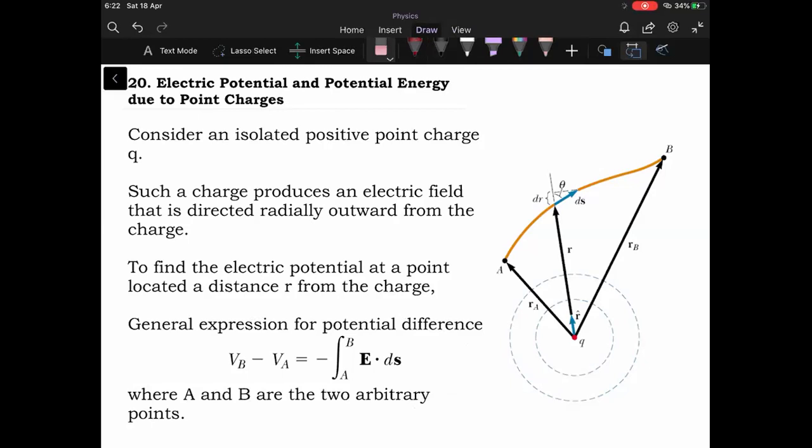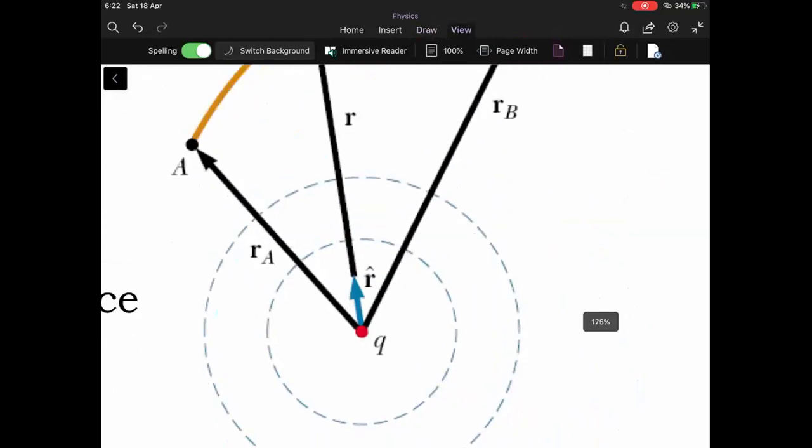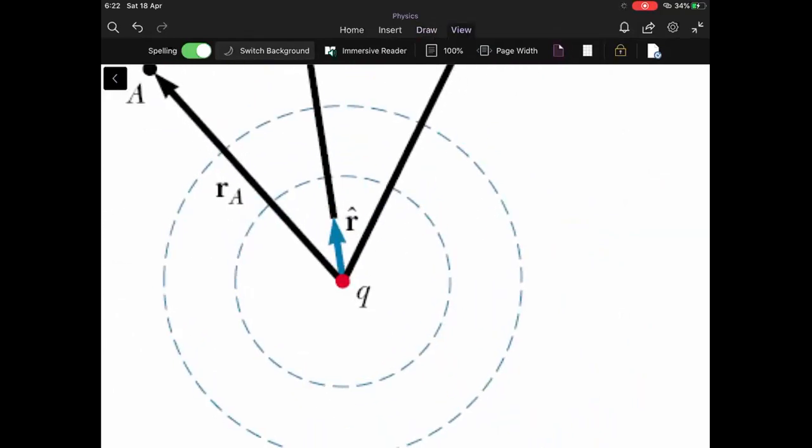Let's look at this diagram and try to understand the situation. So this is the point charge Q. Okay, and for this point charge, you wish to find out electric potential at a distance r from it. Because electric potential is scalar in quantity, we are not concerned with the direction, but we are only concerned with the distance. At a distance r, what will be the absolute potential?